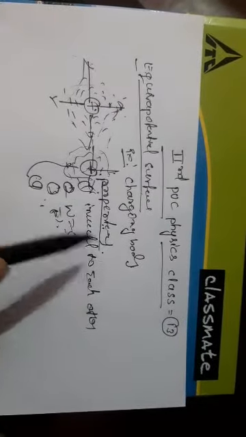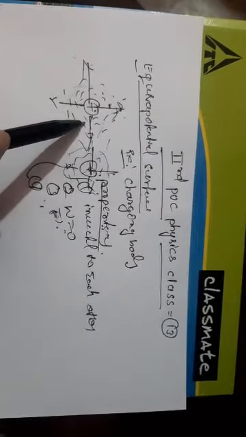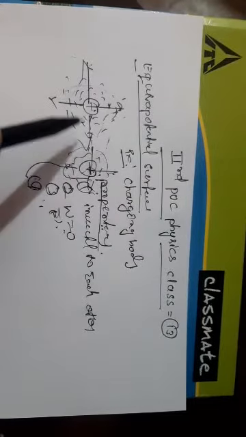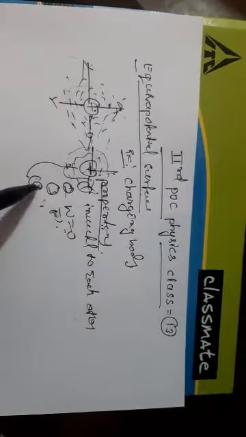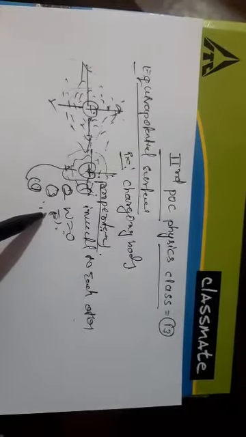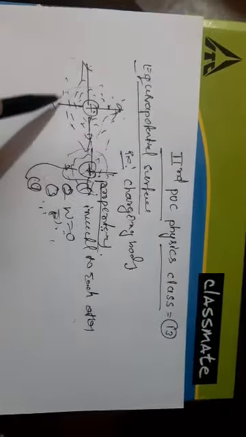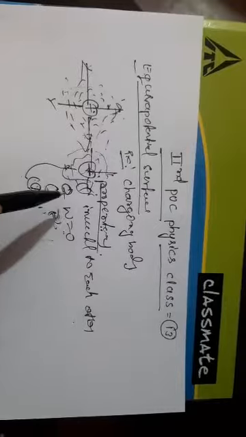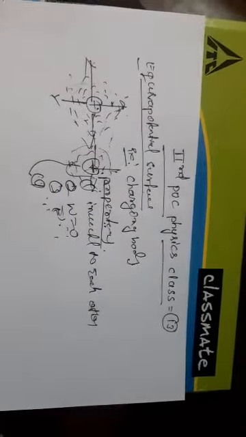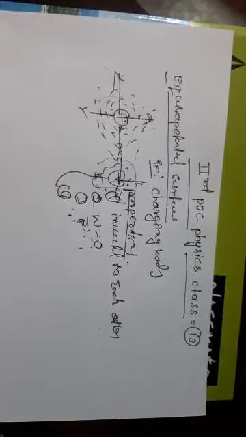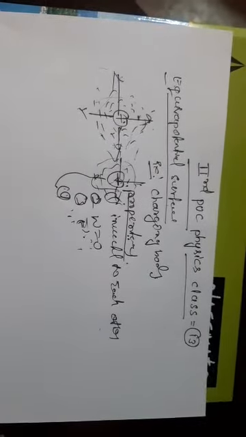The first property once again: two or more equipotential surfaces do not contact each other. The work done is zero in moving a test charge over the equipotential surface. The direction of the electric field lines is normal to the equipotential surface. Equipotential surfaces are closer in the region of strong electric field. That is the concept of equipotential surface: the definition, how to draw equipotential surfaces, and their properties.